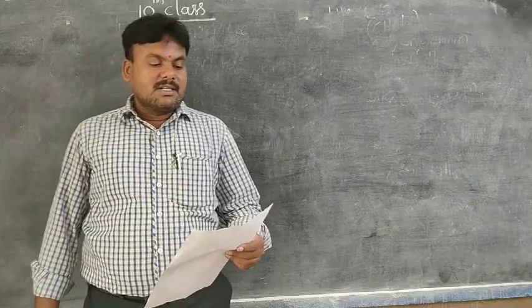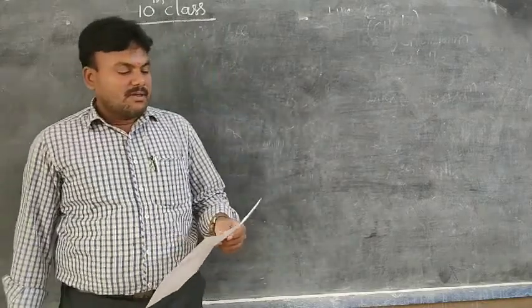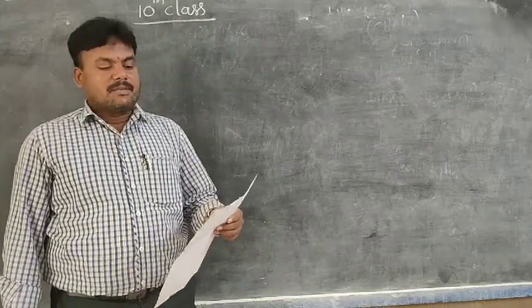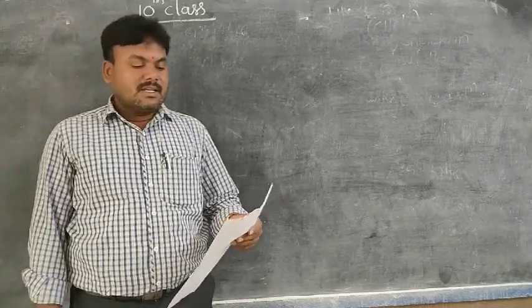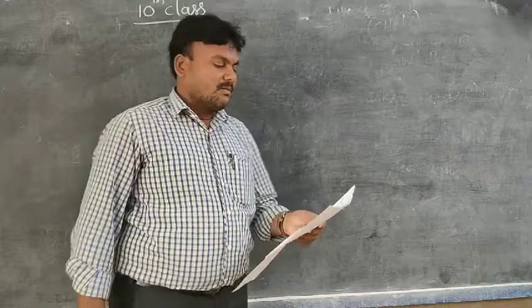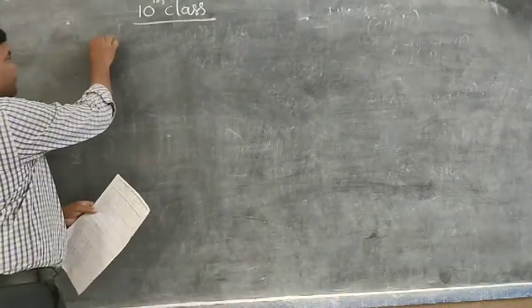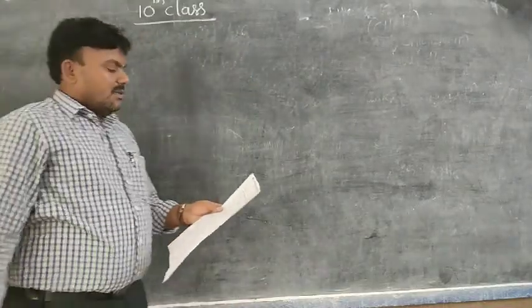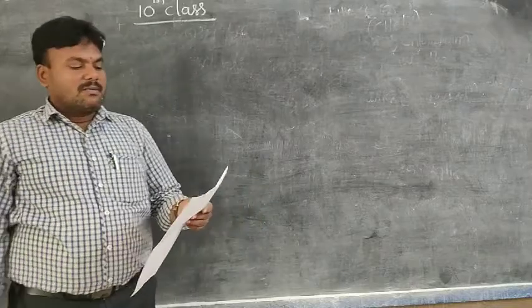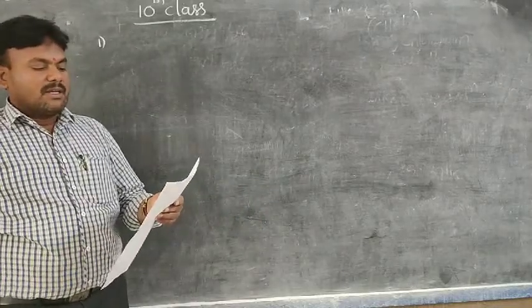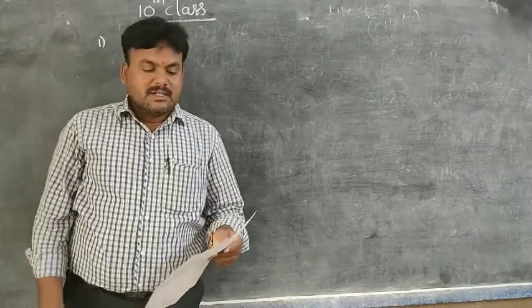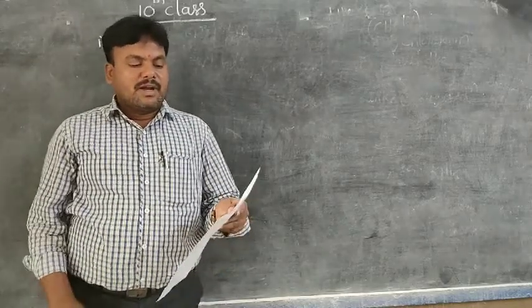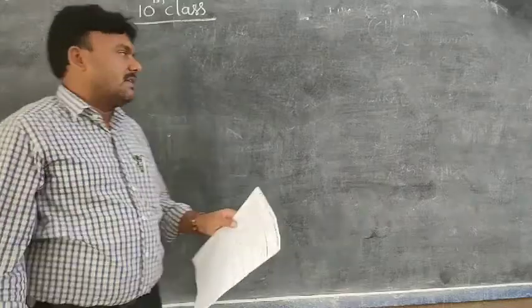Yes, observe the slip test question paper. Solve the following sums. I prepared 5 questions and each question is 1 mark. So observe the first question solution. The question is: write the formula for calculating arithmetic mean in step deviation method and explain each letter in it. So clearly, it is given to find the mean by the step deviation method.